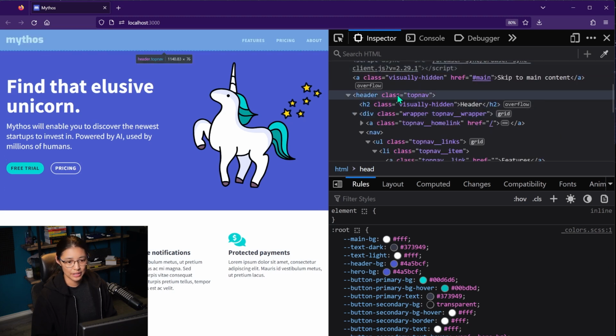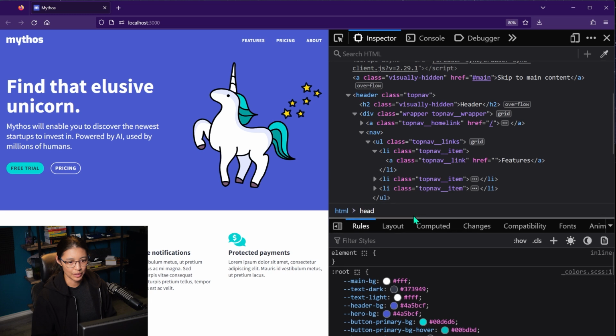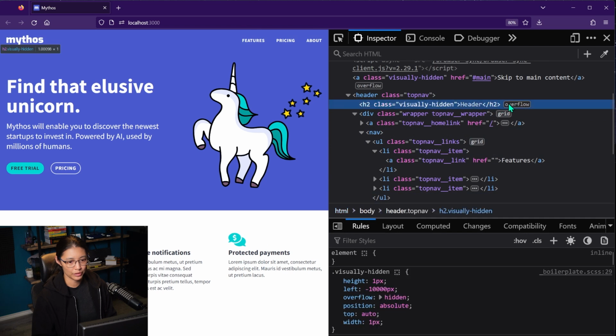Now, if we look down in the tree and look at the different elements, you might see that there's some little badges here, and they kind of tell you information about the element. So this one, the overflow badge, indicates that the element is off the page. And this can be helpful to identify if you have horizontal scrolling in your website, which you don't want. It can help identify what elements might be causing that.